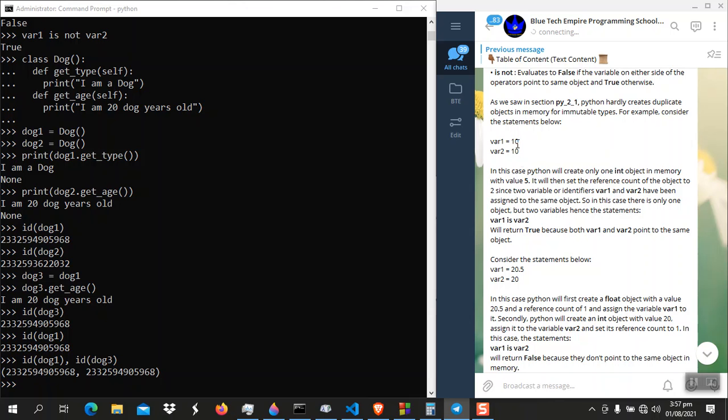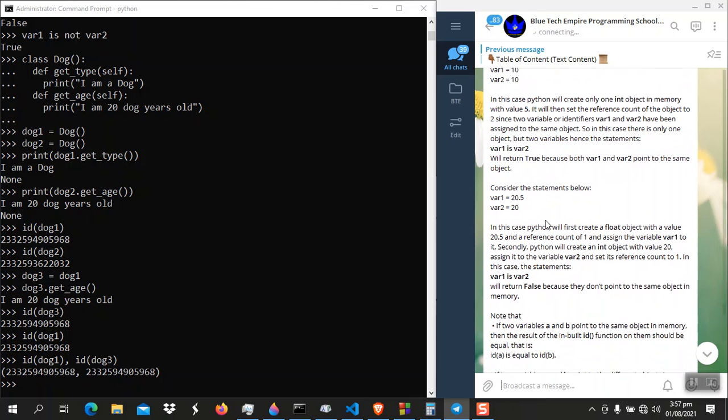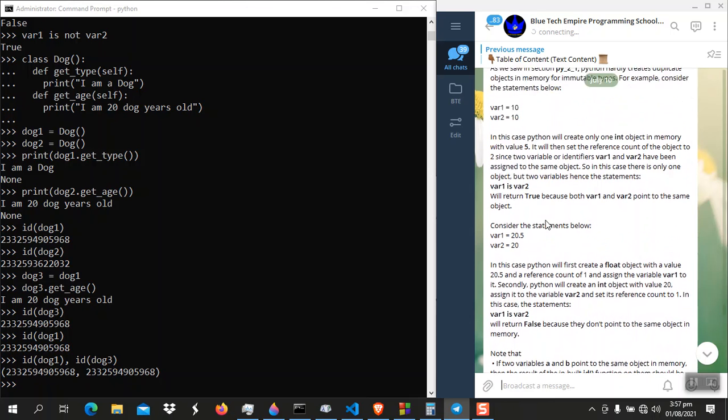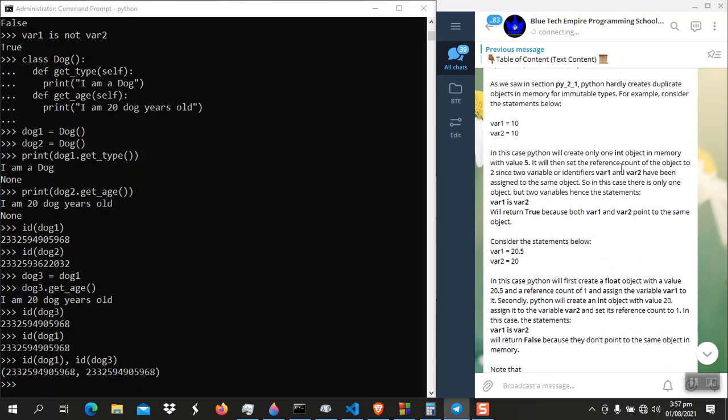So in the case of a small number like 10, they are going to point to the same object, because Python will just create one and then point var2 to the old one it created. So in this case, Python will create only one integer object in memory with value 5. It will then set the reference count of the object to 2, since two variables or identifiers, var1 and var2, are pointing to the same object. So that object is going to have a reference count of 2. Now, if you say var1 is var2, it will return true, because both var1 and var2 point to the same